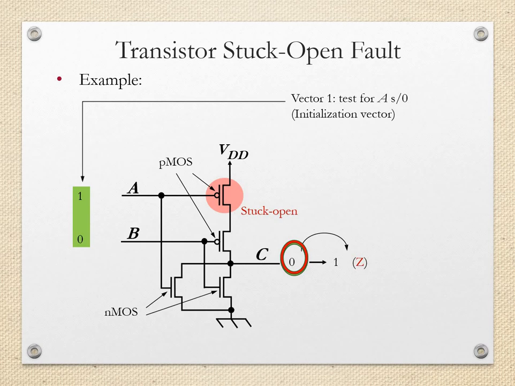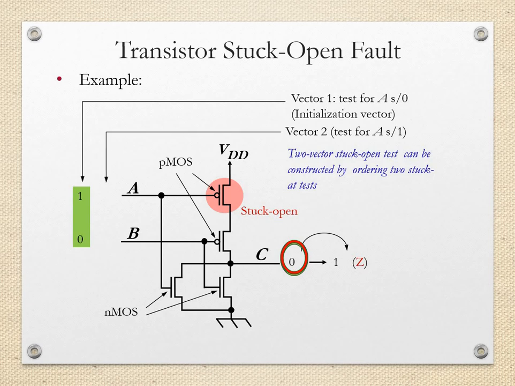So I will try to apply another set of input, that is vector 2, and then I will apply both inputs logic 0, that is A is logic 0, B is also logic 0. So what will happen due to that? If both are 0 0, then the P MOSFETs will be on and the N MOSFETs will be off. So both P MOSFETs are on, so output gets connected to VDD. So in the normal case, output will be logic 1.